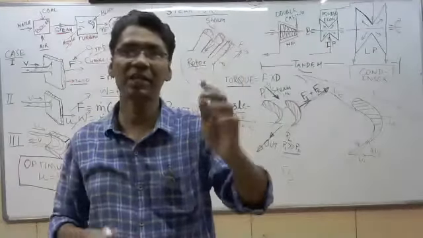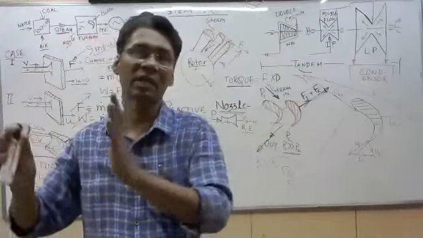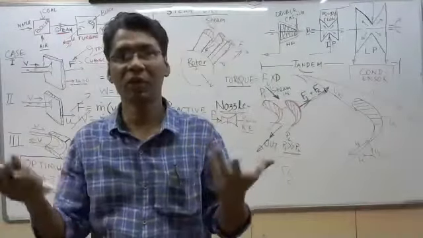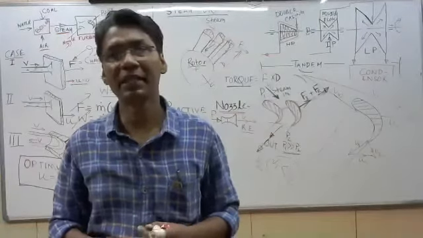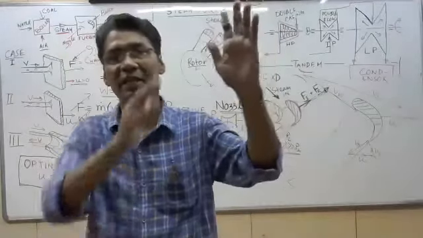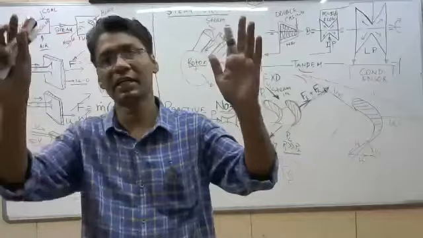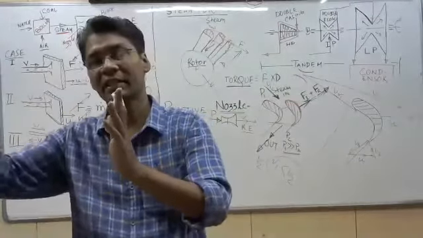The high pressure turbine is smaller because the steam volume is less at high pressure, and the low pressure turbine is bigger because the steam volume is more there. In the high pressure turbine, pressure is dropped and energy is extracted. Then there is an intermediate pressure turbine, where again pressure is dropped and energy is extracted.